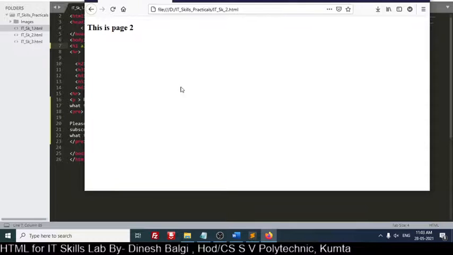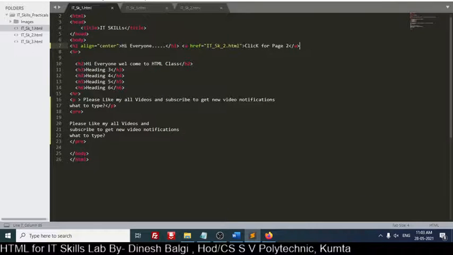Correct. One attribute I would like to try; if it works, it will be okay, otherwise I will tell it in the next class. Here A is a tag, href is an attribute. I will try one more attribute, that is target blank.